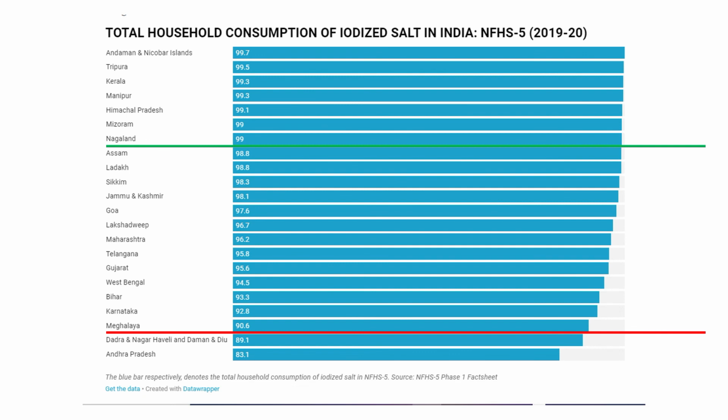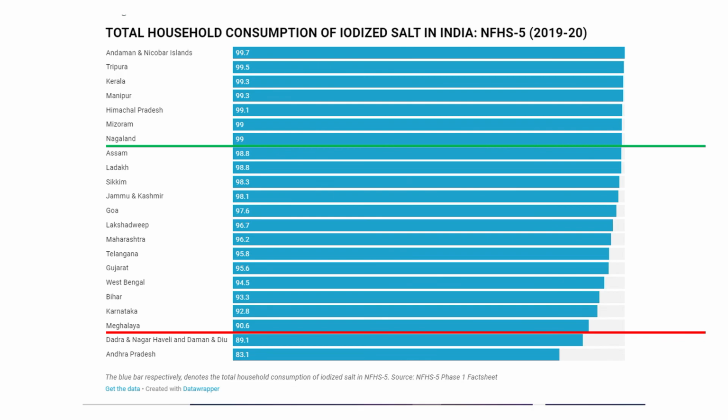You can see around 6 or 7 states having consumption of iodized salt over 99%, while the majority of states have consumption of over 90% of iodized salt, with few states lagging behind having less than 90% of